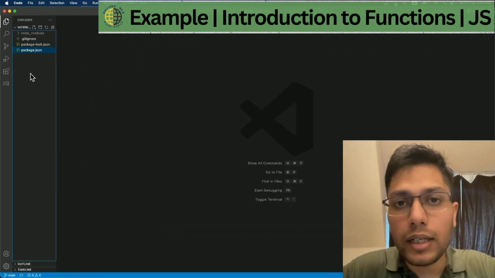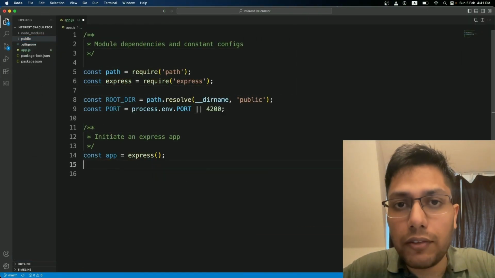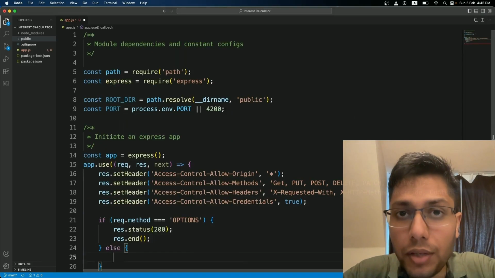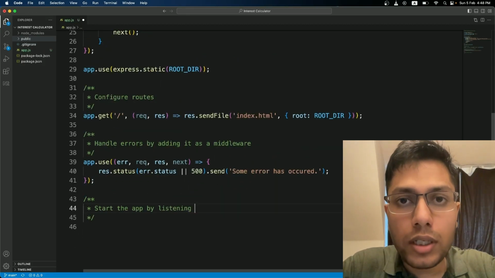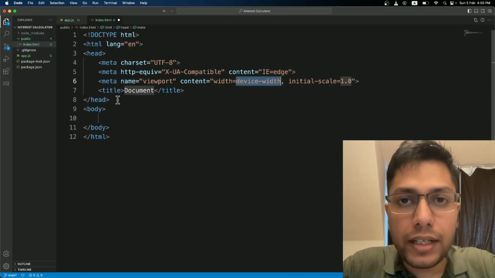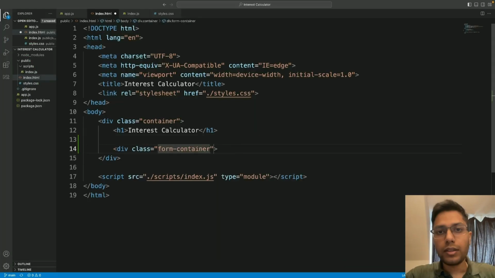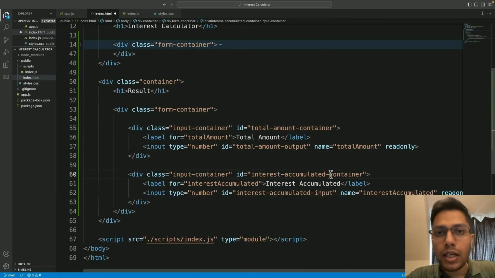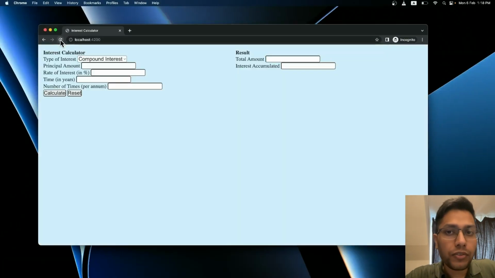We are going to build a simple JavaScript application that calculates interest on a given principal amount. We will be using the Node.js environment and the Express framework to serve our application. So first we will create some server code that serves some static HTML, CSS and JavaScript files to the client browser. Next we will create the layout of the application using HTML and CSS. Give it a nice UI that takes all the necessary inputs and provide us with result.